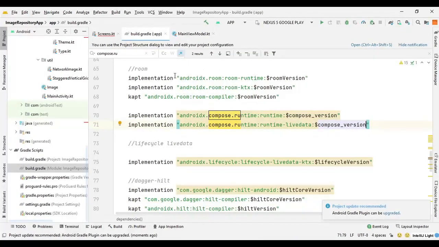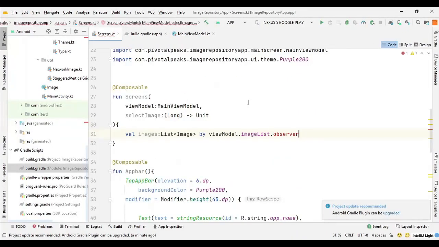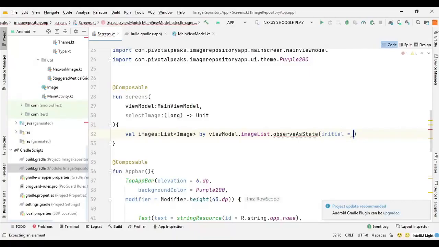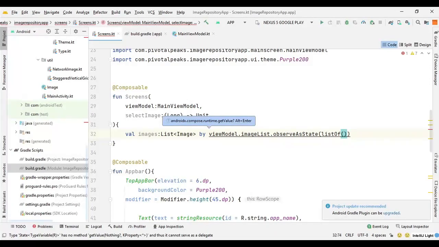So now the sync is complete, and let's see if we can use it. So we can say dot observe. Now we can find it. So observe as state, and here you can provide the list. So we can say list of, and we need to import the androidx.compose.runtime.